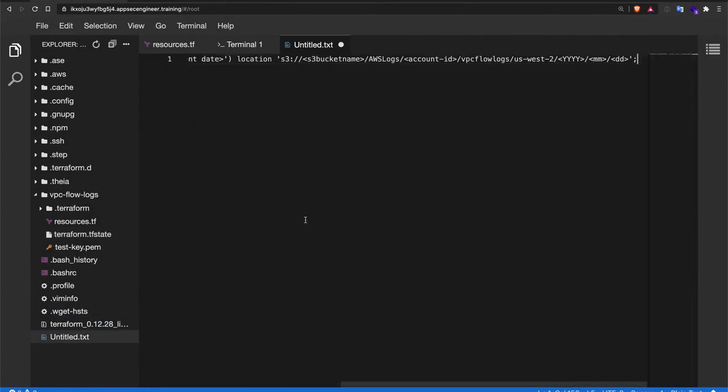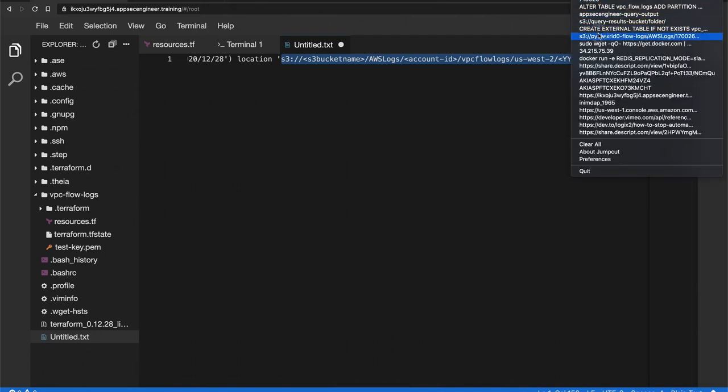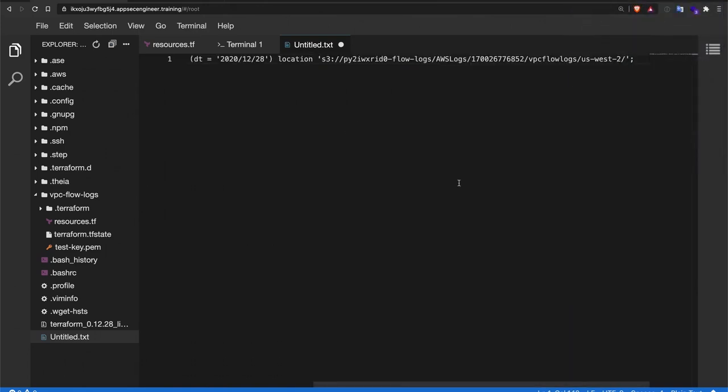So you see that I've done this, it's going to alter the flow log table by this particular current date. So we're going to change the current date. In this case, the current date is 28. And we are going to just change the bucket name and so on. So those things also you need to do. Make sure that we change the bucket information. We're going to change the S3 bucket information here, as you see. And we're just going to add the query format again, 2020, 12, 28. So we're going to be adding this.